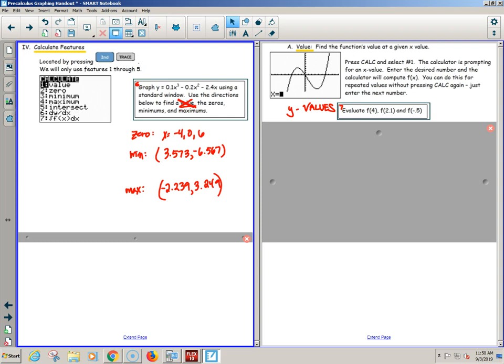Now, wait, are these intervals or are these points? Those are points. Yeah, because a minimum, right, is 1x, 1y. A maximum is 1x, 1y. It's all about the context. Sophia. So I put no minimum because I thought it meant like the actual minimum. Oh, got it. It didn't actually say it. I apologize. It kind of says right here, but then it changes to the zeros. It would have been better to say the zeros and